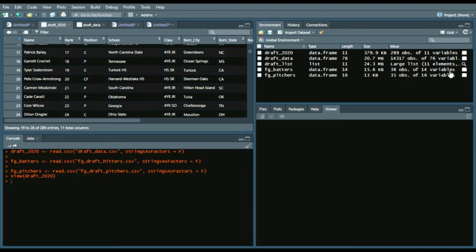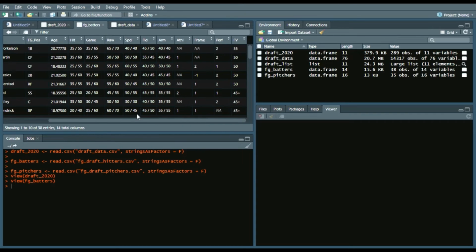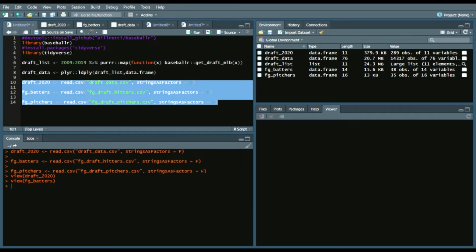And then we can go into Fangraphs batters, same along those lines. So it's got rank, name, position, age, hit, game power, raw power, speed, fielding, arm, athleticism, frame, performance, and future value. So essentially what we're going to do is merge those data sets together into one big data